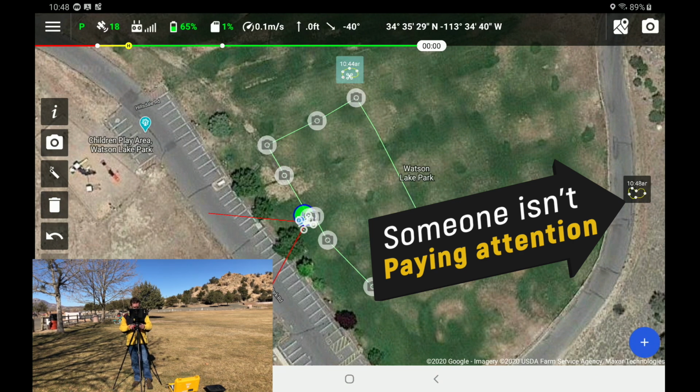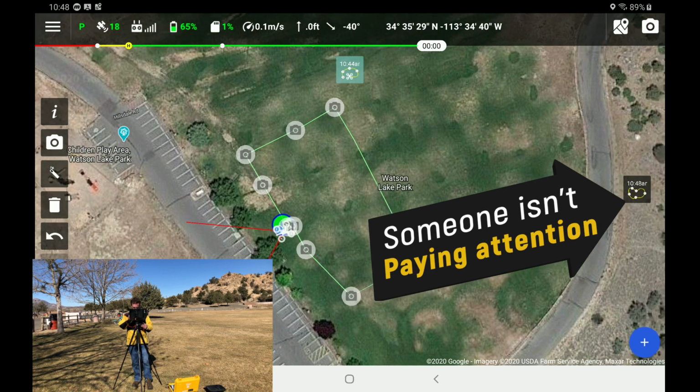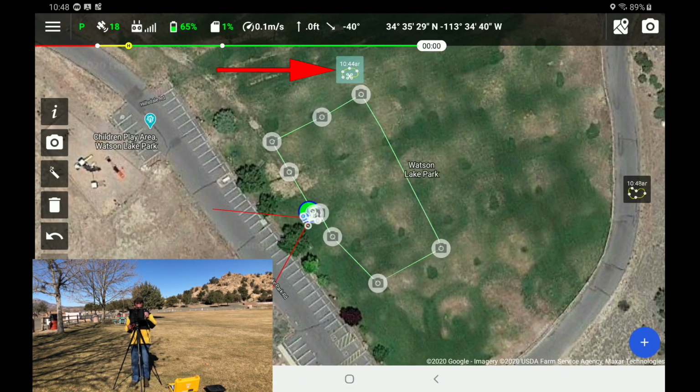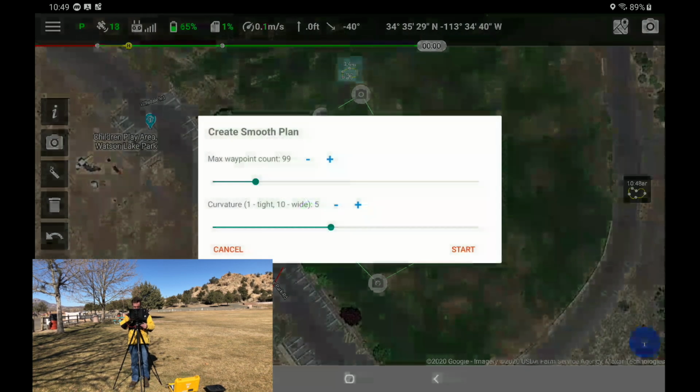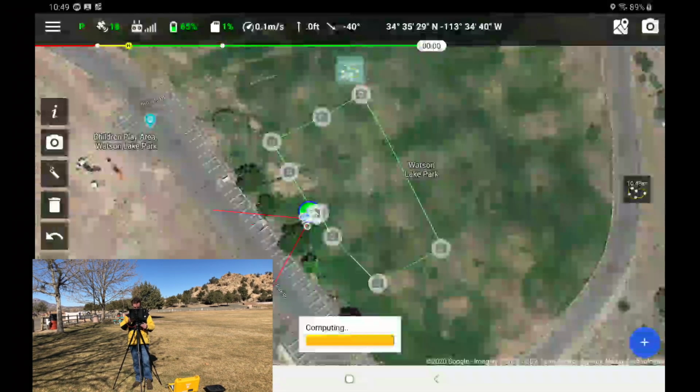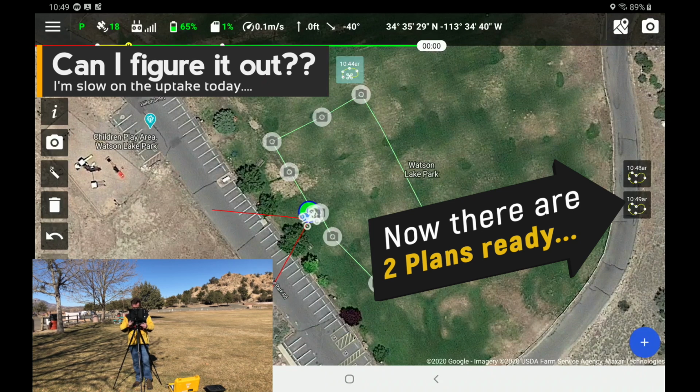And I don't really see it being a smooth plan, do you? I'm not quite sure. Is this a smooth plan now? I don't think so. So let's see, what does this button do? Convert to the smooth plan using photos. Plan using photos, plan using trajectory. I want that smooth plan. Computing. All right, so it doesn't look like it's a smooth plan to me, but just to be sure,